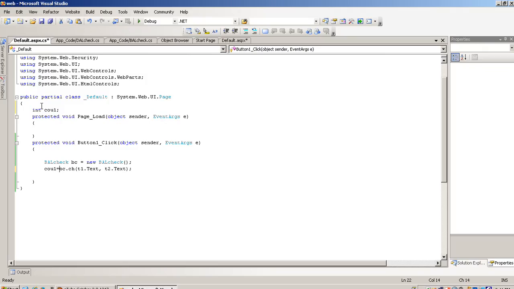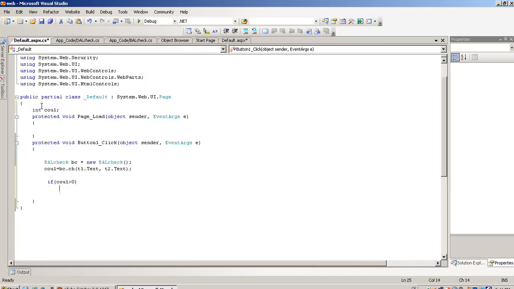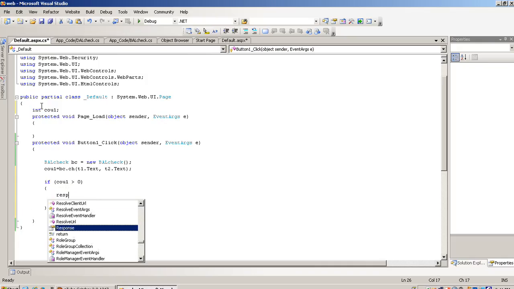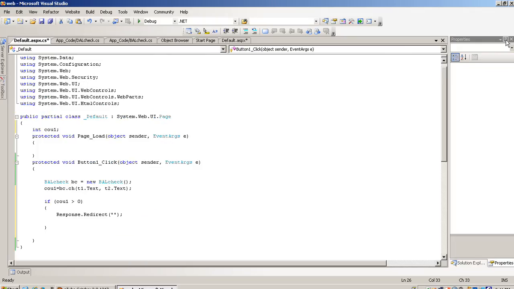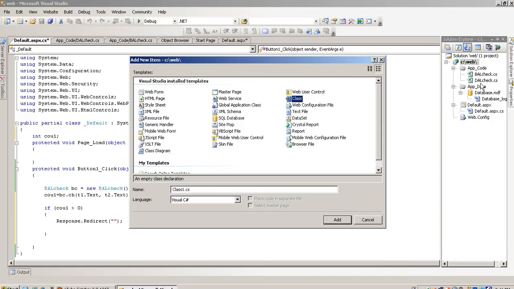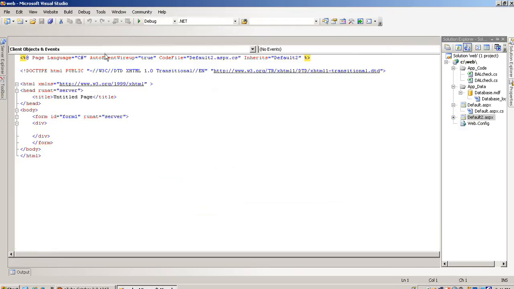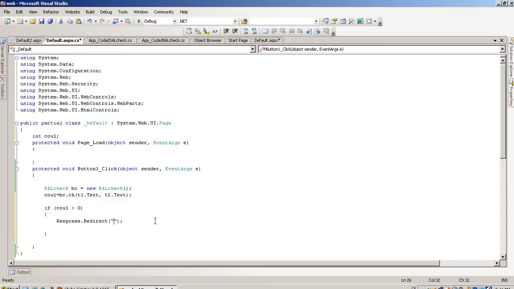COU1 is equal to, now I pass a condition over here, if COU1 greater than 0, then Response.Redirect. I have to pass from one page to another, meaning if you are logged in, then you are forwarded to a second page. Now I already added one Default2.aspx, I add one page. Now in this default page I have to pass Response.Redirect Default2.aspx,